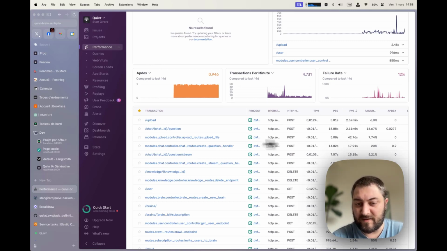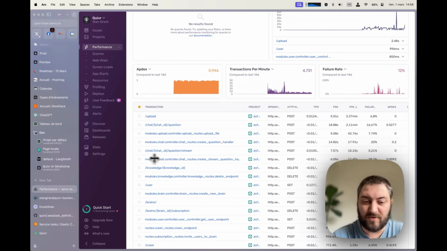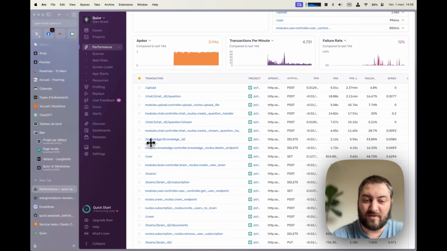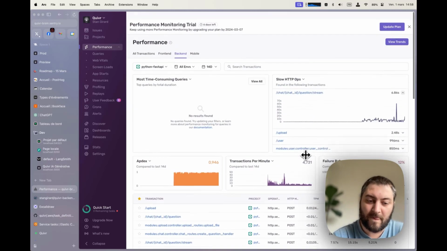So look at Sentry, try to optimize, and put the chat and the upload on one side. All of the things that are CPU bound, you can fix later on.